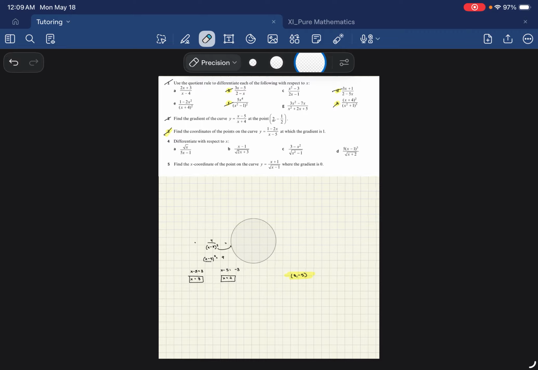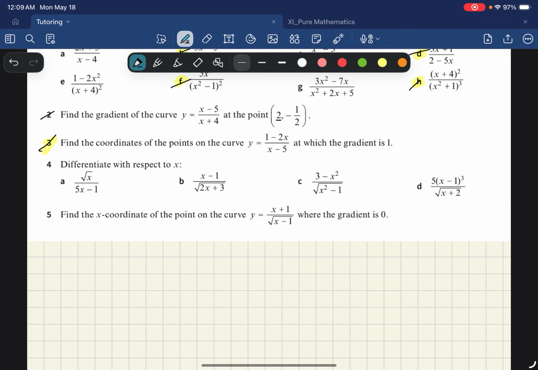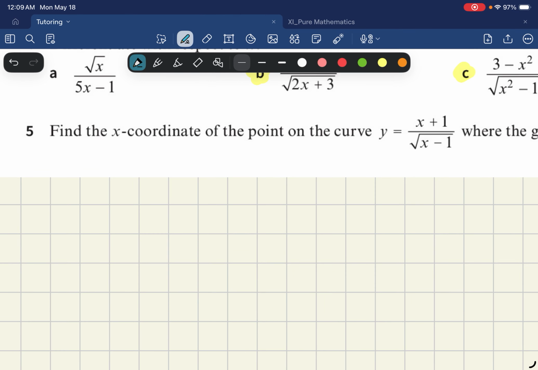Now question 4 just asks us to differentiate with respect to x. I'm not going to do all the questions. I'm going to do maybe B and C because they look a bit more complicated. I'll leave A and D for you to try on your own. So B